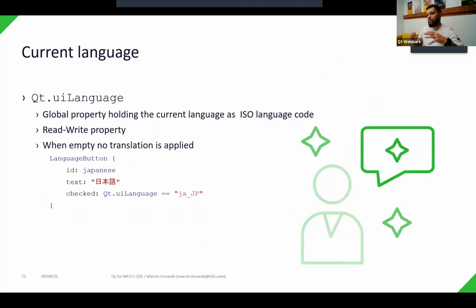This is the next thing that is a bit different from big Qt. In Qt for MCUs, we have a global Qt class, which is available to all QML files. You don't have to include anything special to access it. And there is a property uiLanguage, which holds the currently set language for your app. And this property is read-write, so you can use that to verify which language is set,